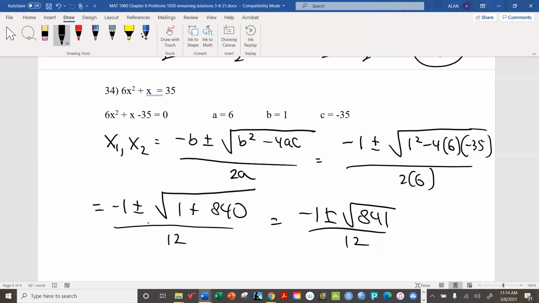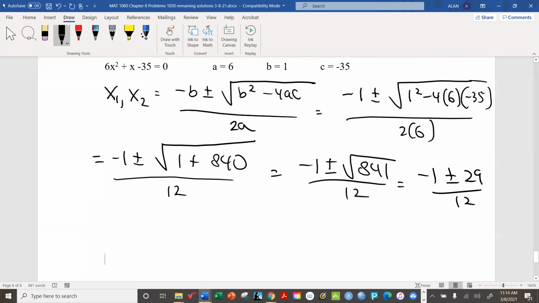Now, you'd never guess it, but 841 turns out to be a perfect square. It sure does. You would never have thought so. Now, if you're not sure, you can just go to your calculator and take the square root of 841, and you might be surprised to discover that it's 29. How do you like that? Who knew? That was a very non-obvious perfect square. Let's put it that way.